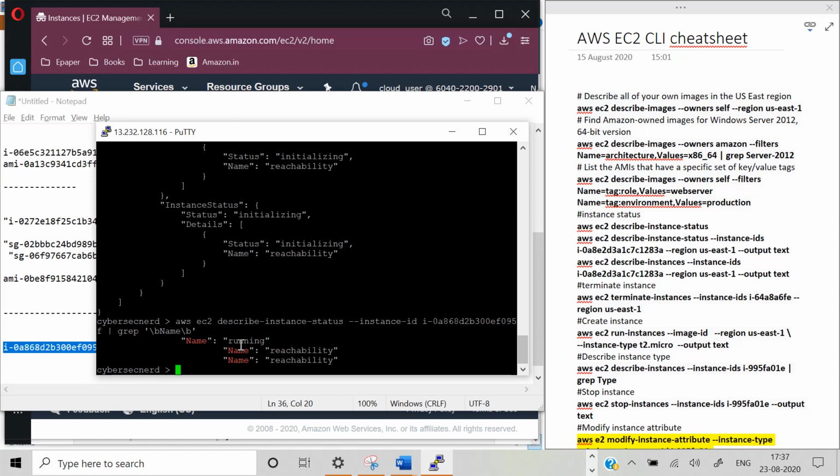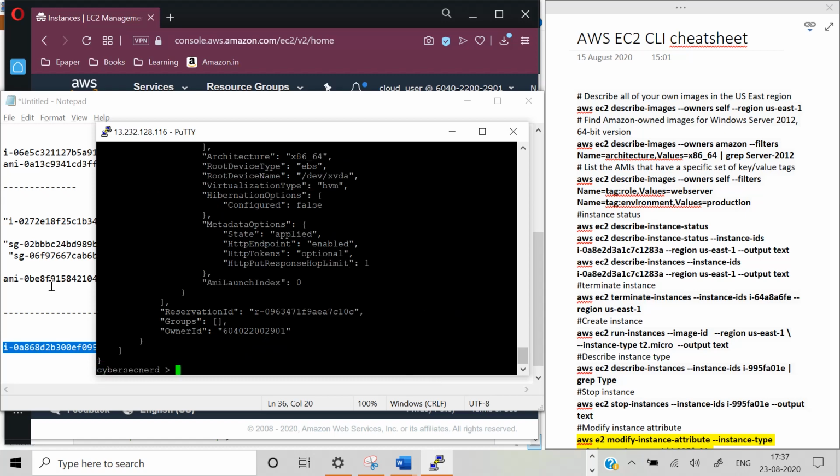So we will go ahead and use one more command which will give us even more details with respect to the metadata, whatever the security groups or whatever the VPC ID that has been associated with the instance we have launched so far. So we can use this particular command as well. EC2 describe instances, instance ID again, and the instance ID is again this one.